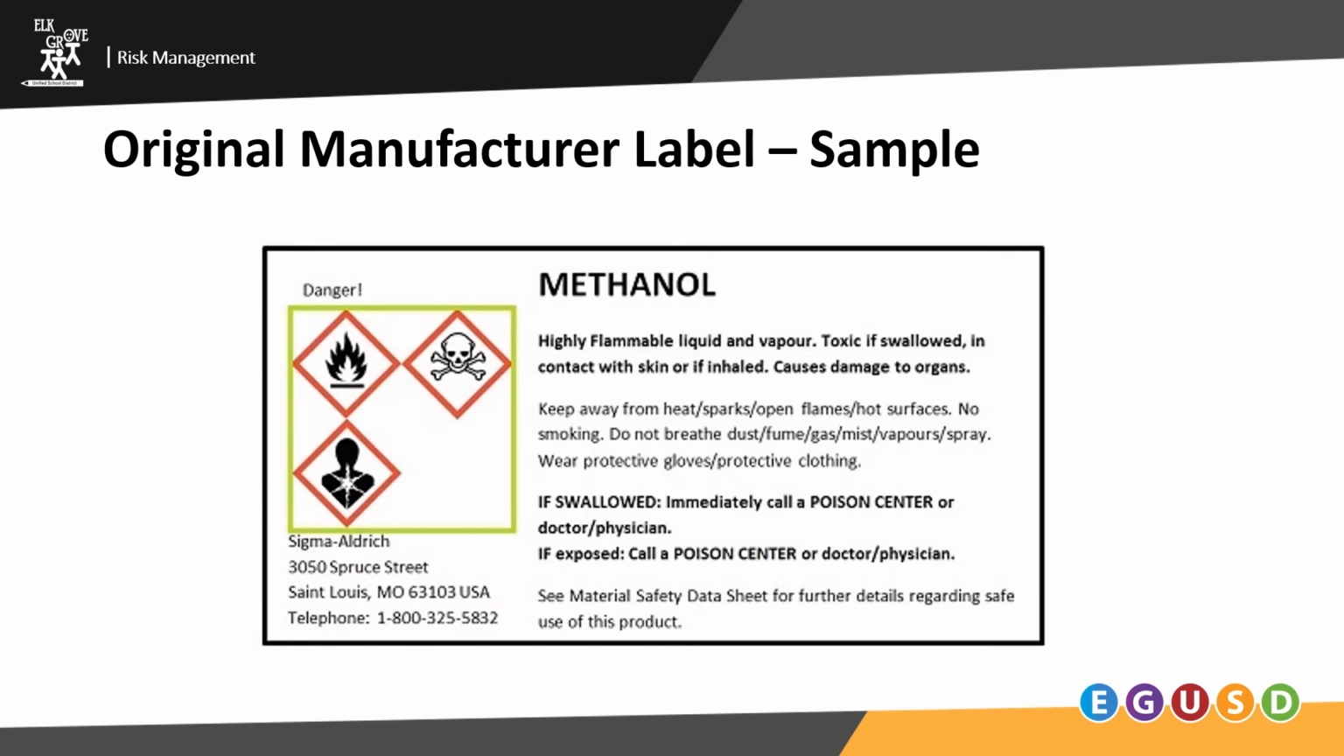Original manufacturer label, sample. Here's an example of a manufacturer's label for the substance methanol. On the left-hand side, we can see the pictograms that we've covered previously, as well as the name, address, and telephone number of the manufacturer in case we need to contact them. On the right-hand side are the precautionary statements. These include highly flammable liquid and vapor, toxic if swallowed, in contact with skin or if inhaled, causes damage to